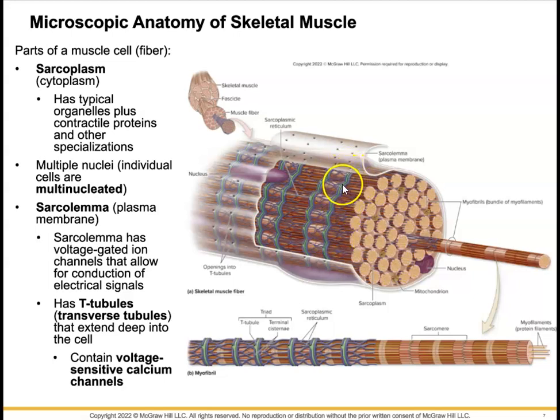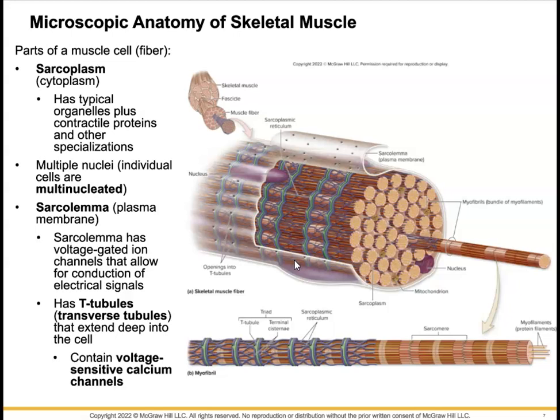These little green, very thin lines you see right here are T-tubules. And I wish they had maintained the same color, since it is just a part of the sarcolemma, it should be the same color as the sarcolemma. The next image is going to show you this again on the next slide, and hopefully it will illustrate it